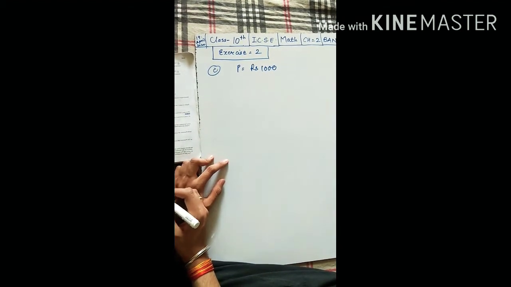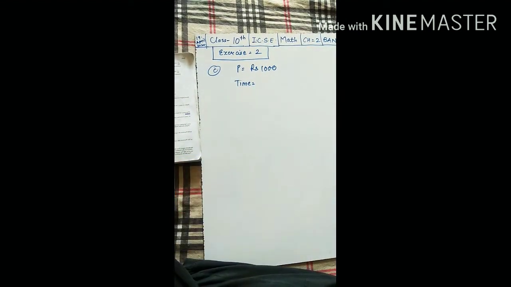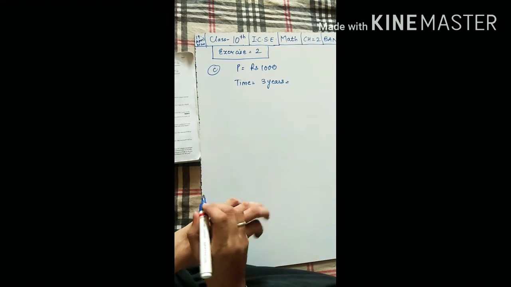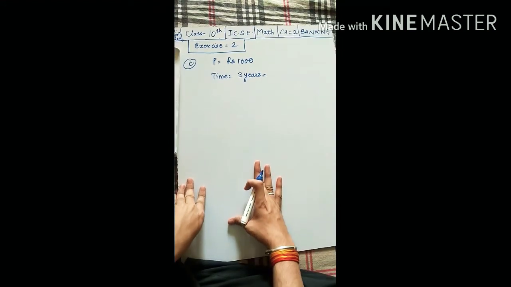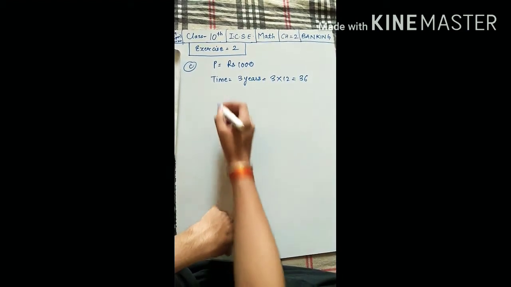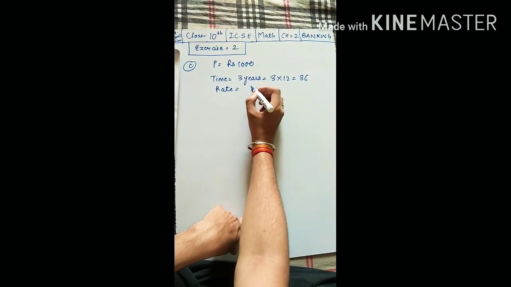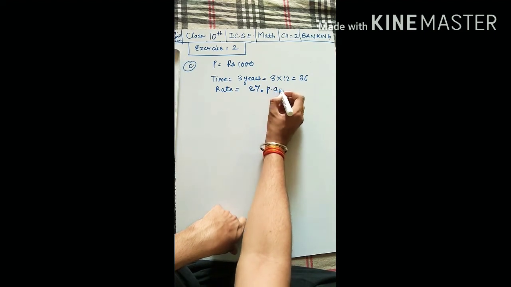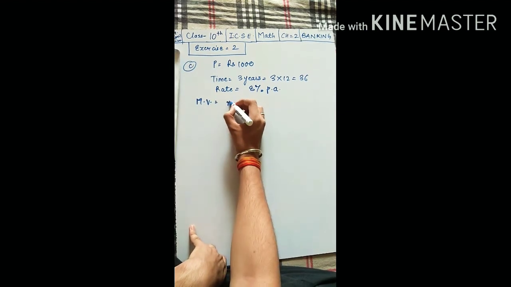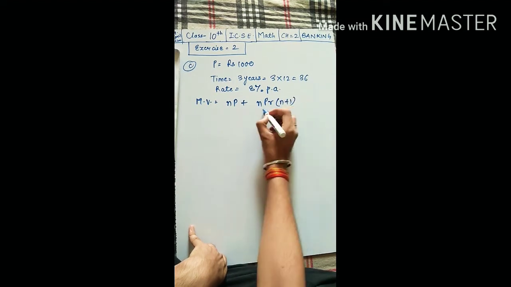Okay, and what is the time? Time is 3 years. I told you that if it is given in years, then we have to multiply it by 12. So that is 3 into 12, that is 36. Then rate of interest. The rate is given, that is 8% per annum. Alright, so let us calculate the maturity value. First, the formula says nP plus nPR times n plus 1 upon